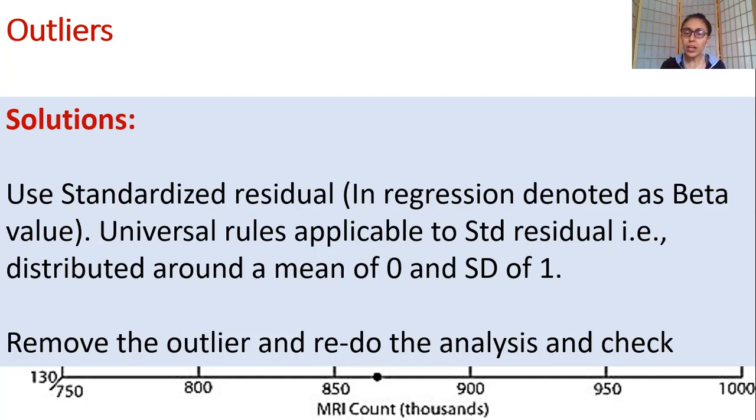This requires more statistical decisions, which are best taken in consultation with your supervisor. If I was working one-on-one with you on your PhD projects, that is when you would sit down and actually discuss this in practice. In theory, all you need to understand and appreciate is that there is a concept such as outliers. Outliers are those data points on your graphs which are way far away from the line of regression. They are not telling you a homogenized common story, so you need to investigate them further.